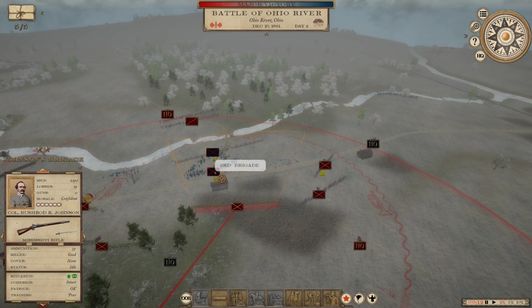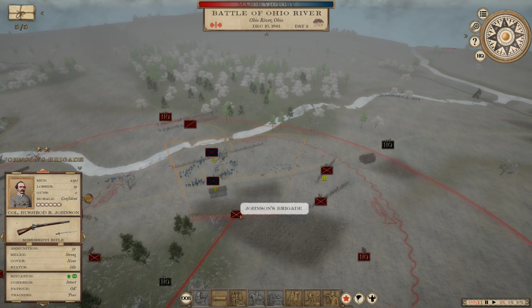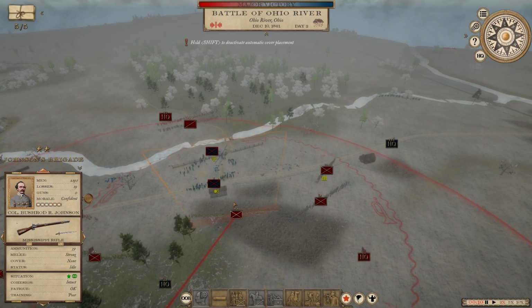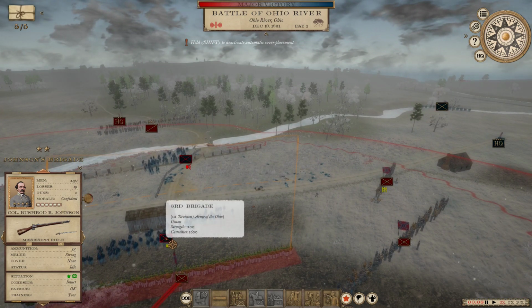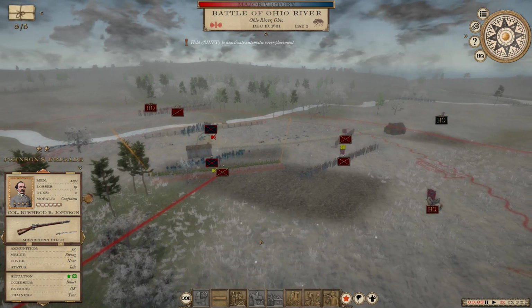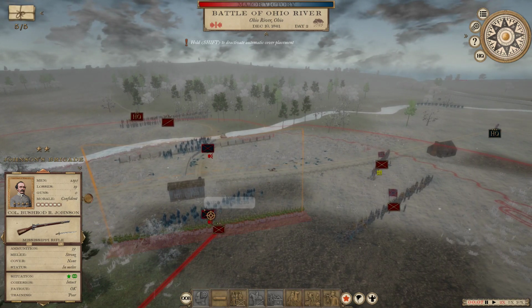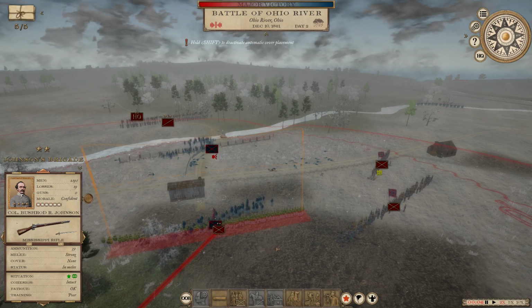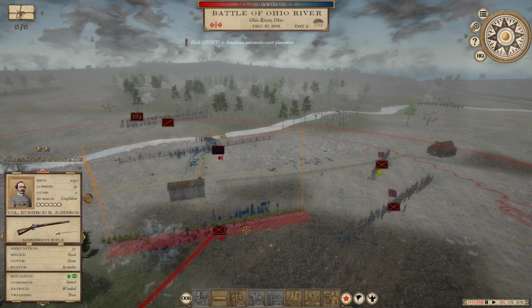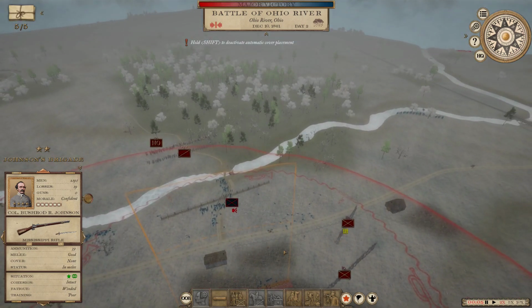See if we can get this brigade to charge. Nope. I think they're about to be in melee with those guys anyway. I'm not getting the charge icon on the mouse pointer. They're meleeing anyway. I'm gonna get a few prisoners that way, just out of...